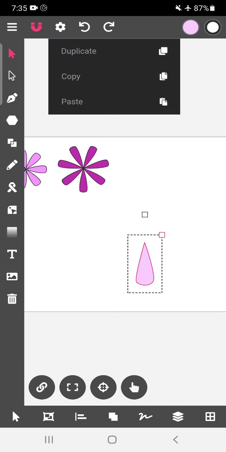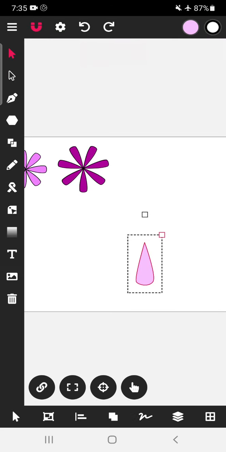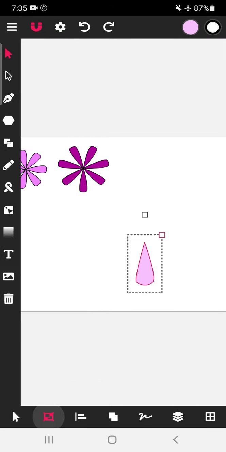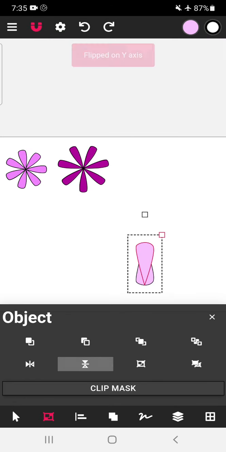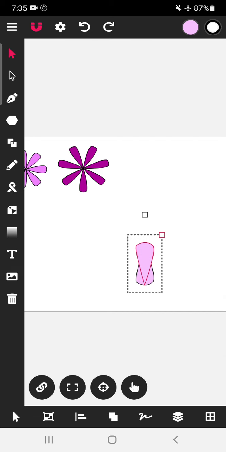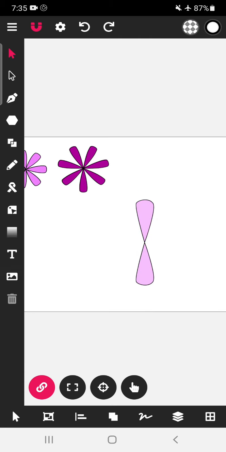Now we will duplicate it. Now click here and click on the flip option. So it is duplicated and flipped. Then select this particular constraint option. Move the object upwards and gradually go to the point. Okay. Now both objects are opposite to each other. Then group them.